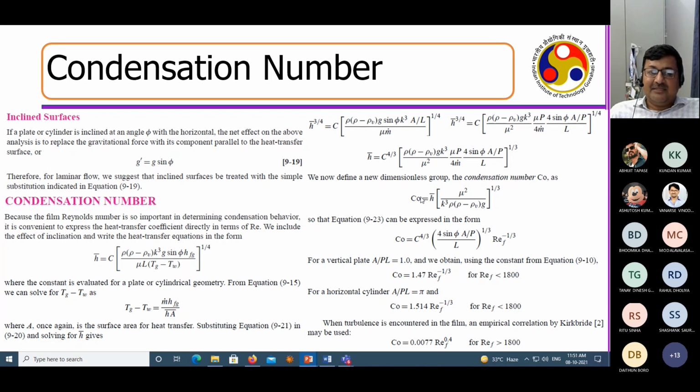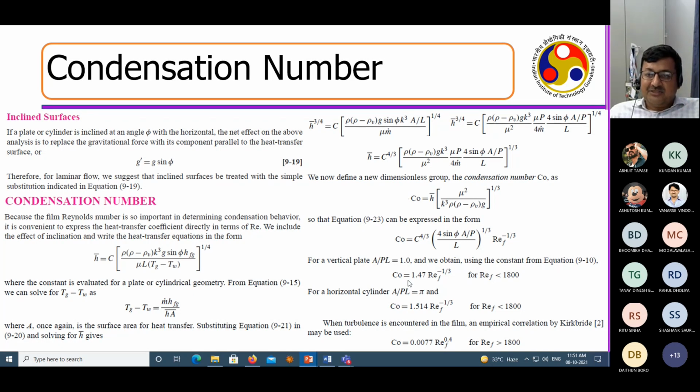And then the left hand side, the condensation number, is a representative number similar to what? In condensation, it is equivalent to forced convection. So the condensation number contains the h bar, right? This is very similar to Nusselt number: h bar means convection, and rho minus rho v means how much liquid is coming down and how much vapor is condensing, right? So that particular thing you get from the condensation number, essentially a very similar representation to the Nusselt number, right?